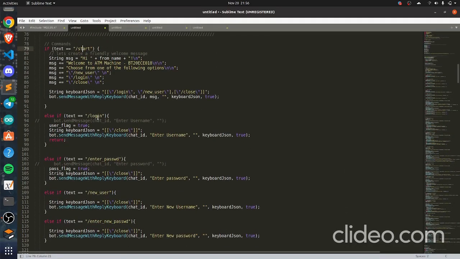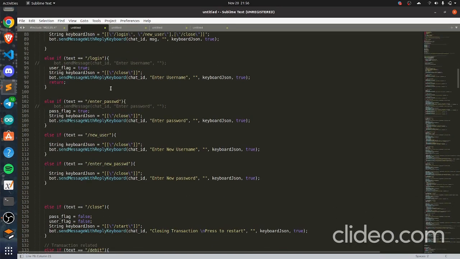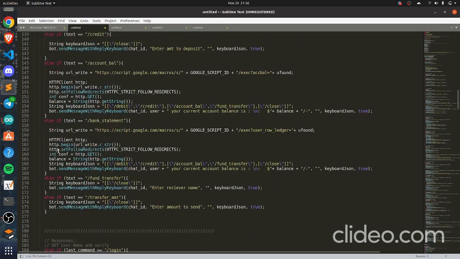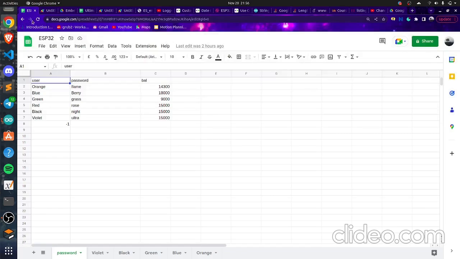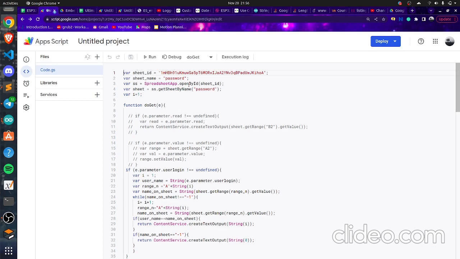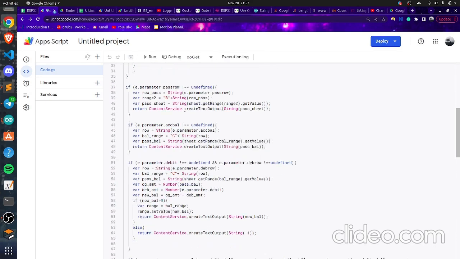All this is connected to a backend, which is performed here in this script in Google Script.